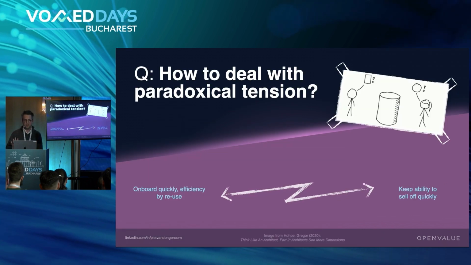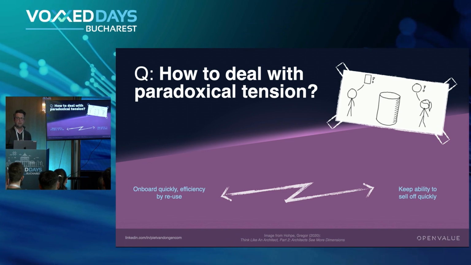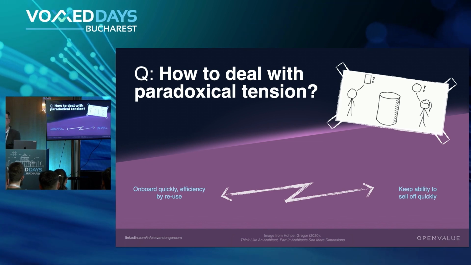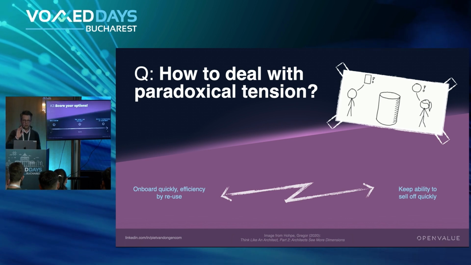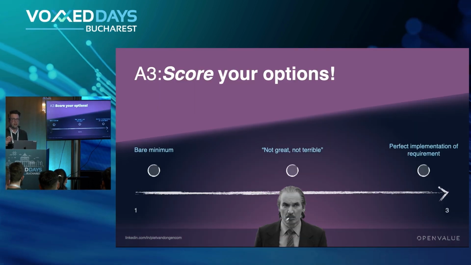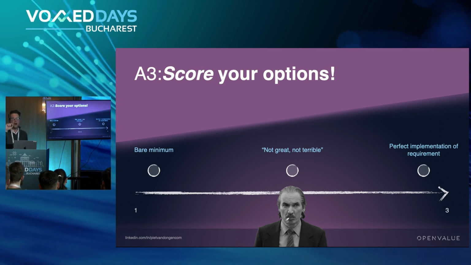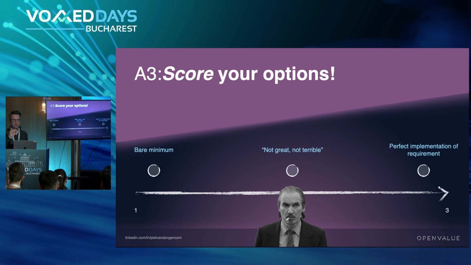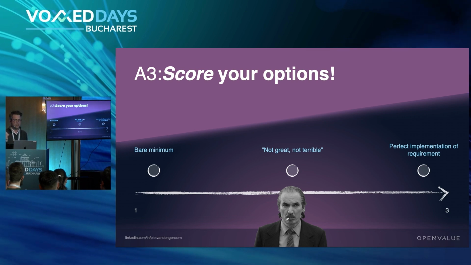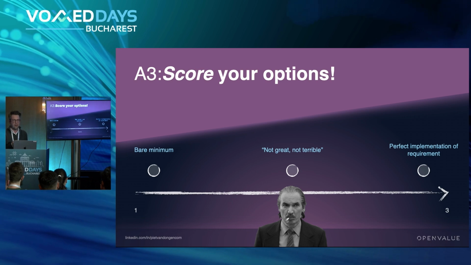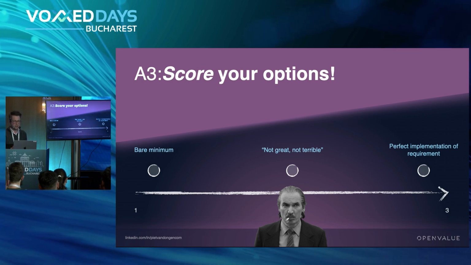Here you have the same kind of tension. So some options might be perfect for some requirements, and the other option might be perfect for some other requirements. How do you decide which is better? The way to do that is to also score them. So you say, okay, for this requirement, this option is a 5 out of 5. This option, for example, if I want to buy a CMS, this is a proper CMS for the requirement I have. It could be better, so this is a 3. And this is the bare minimum, this is a 1.